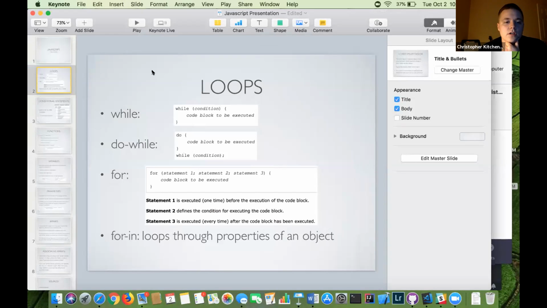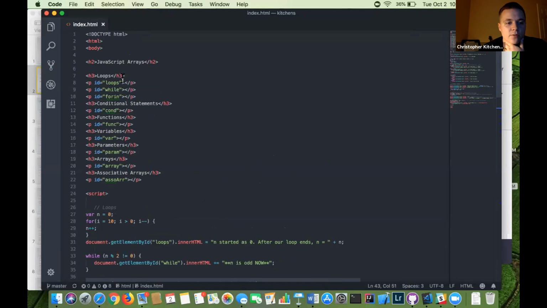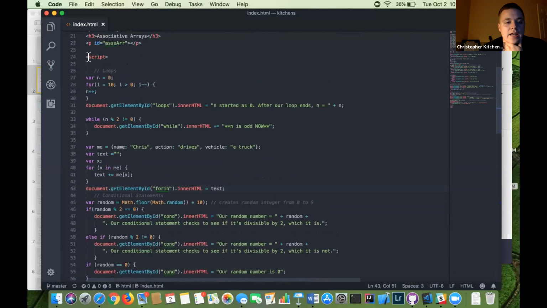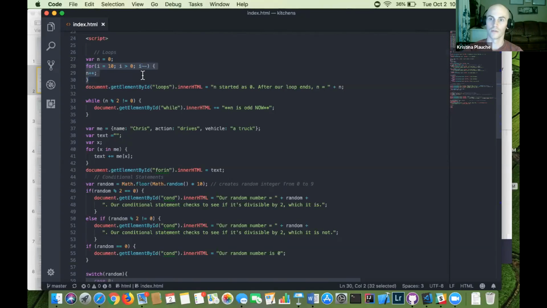Okay, so let's go to some code examples here. So this code, and I'll share this with everyone at the end too, I just have it really basic. It just has headers and then paragraphs with different identifiers. And then when we get into the JavaScript, which in HTML is all kept between the script tags, for the loop section, it's pretty simple. Does everyone know what a for loop does and how it works? I do. Yeah, I do. Okay. So a for loop's pretty basic, probably the most commonly used loop out there.